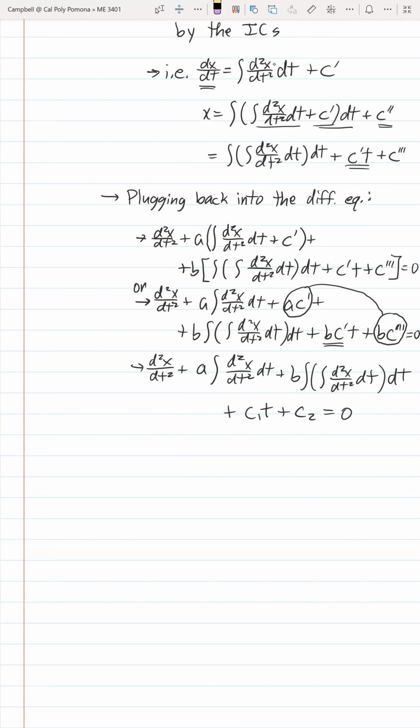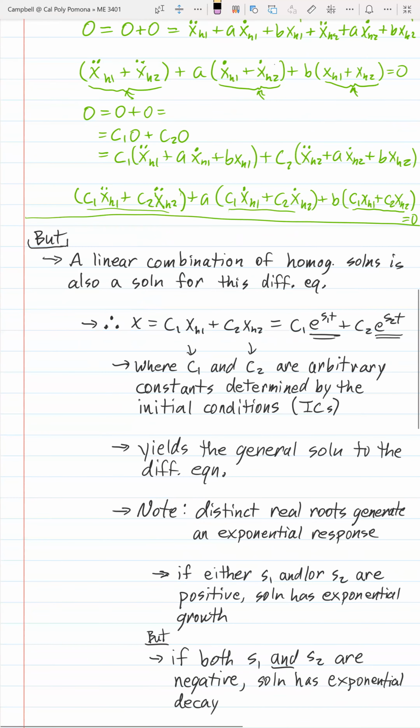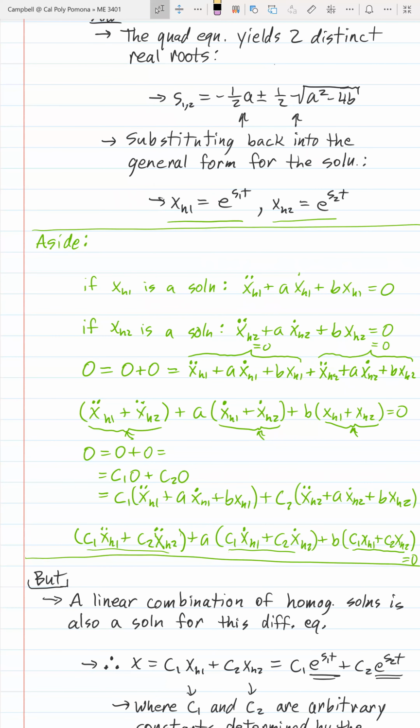And so sure enough, we can see that no matter how we approach the solution, we have two constants of integration, or two constants, let's say it that way, that we need to be dealing with. And there's no way around it. So that gives us an understanding that this idea of two constants appearing, let's go all the way back up here, the two constants appearing, there we are,